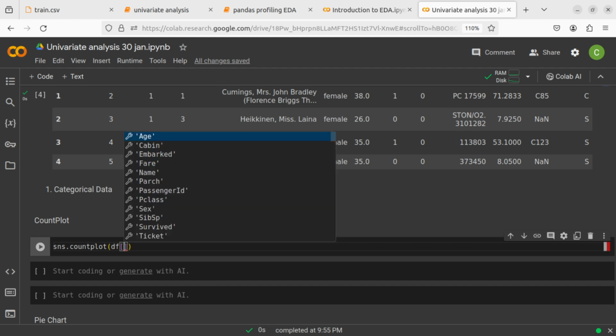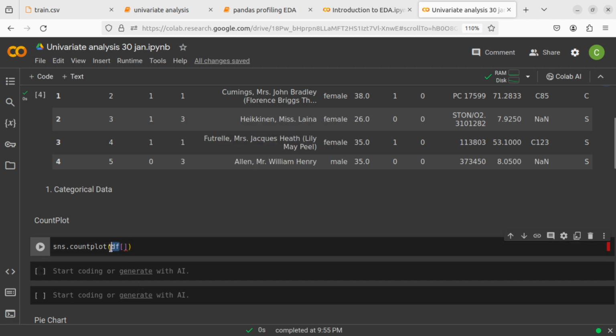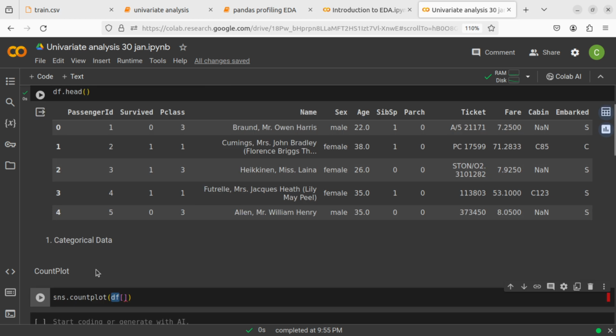Inside this, df is the data frame that we want to use, and we have to pass the variable for which we want to draw the plot. In this case we want to draw the plot of embarked, so I will spell embarked here, because this was the name of the column, inside quotes. Remember this, it should be inside quotes. So once I run this,